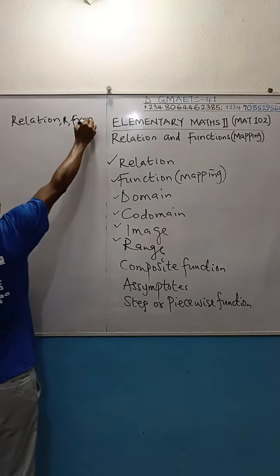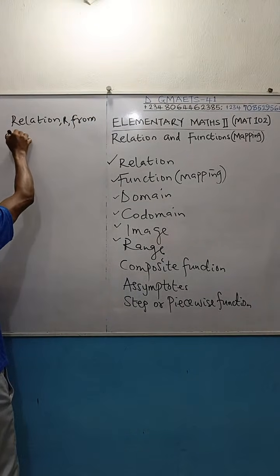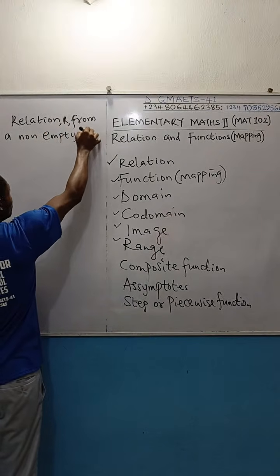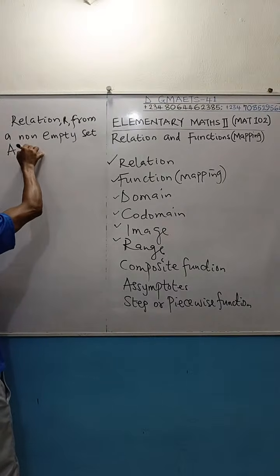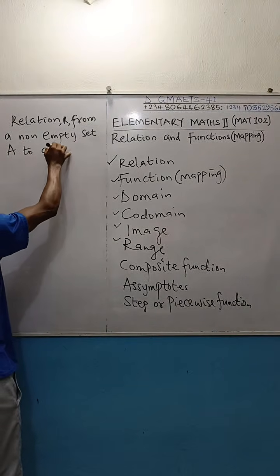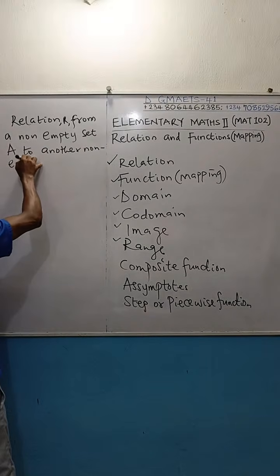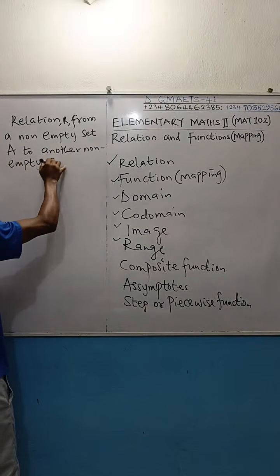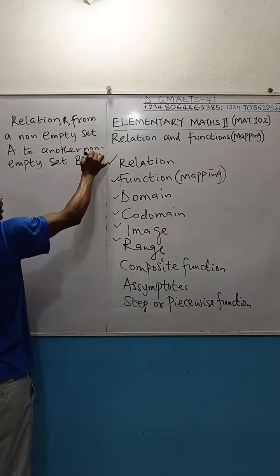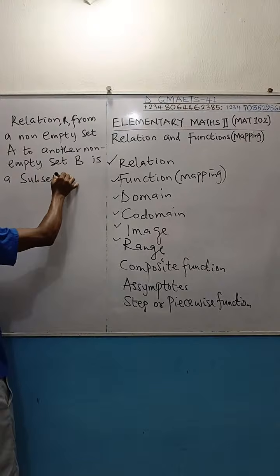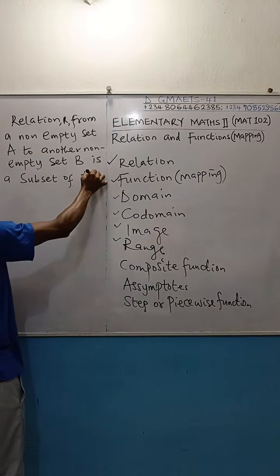Relation R from a non-empty set A to another non-empty set B is a subset of the Cartesian product